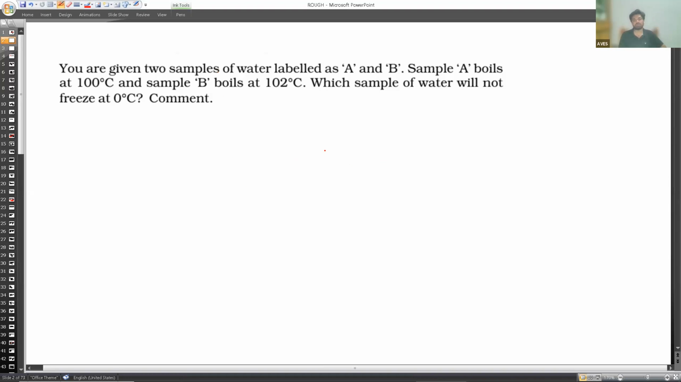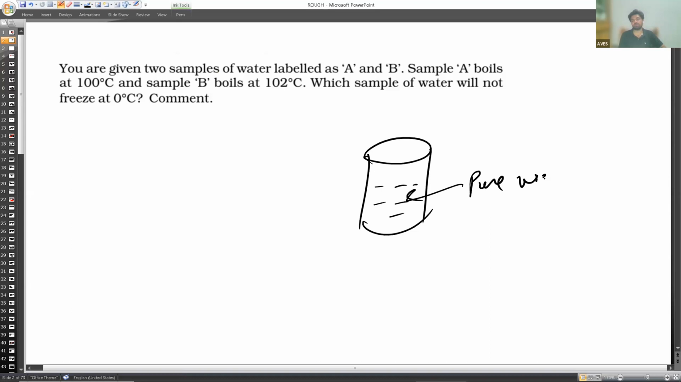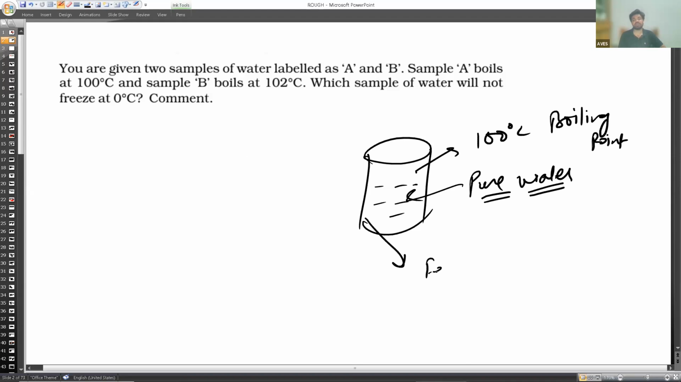Yes. Pure solvent means pure water. There is water, pure water. So pure water is going to have a boiling temperature of 100 degrees. Okay, its boiling temperature or boiling point is 100 degrees Celsius, but its freezing temperature